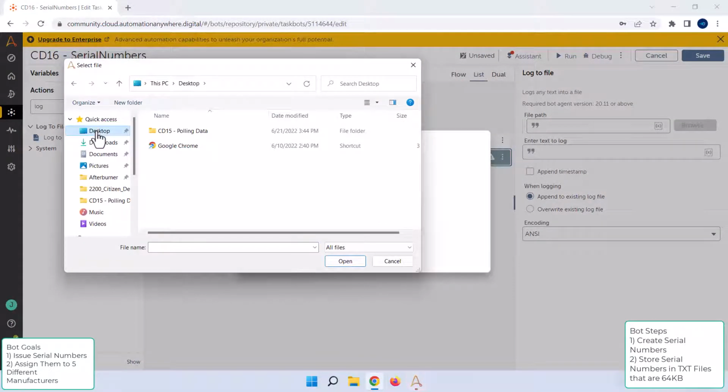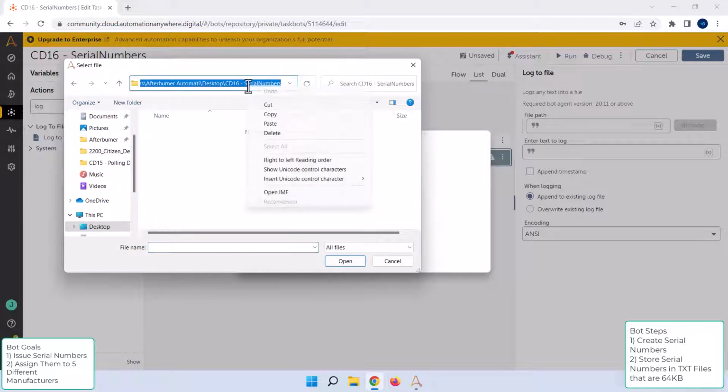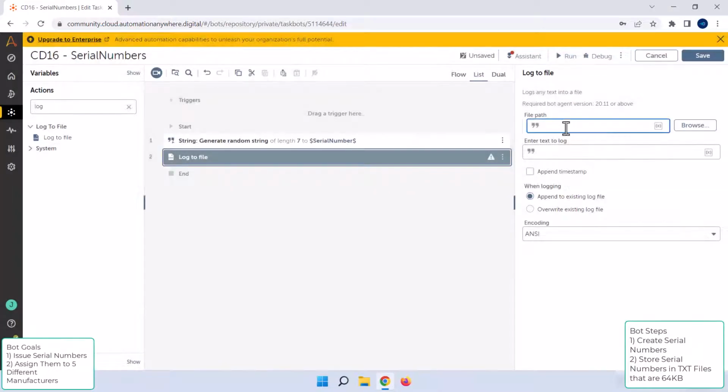Then, create a new folder called CD16-serial numbers. Navigate into that new folder. Then, click just to the right of the new folder name in the address bar field near the top of the window. Copy that folder path, then close this window and paste it into the file path field of your